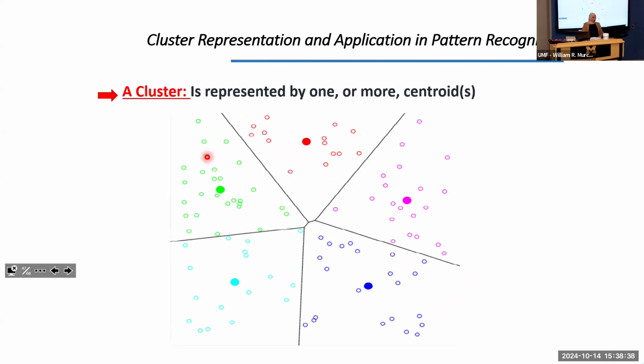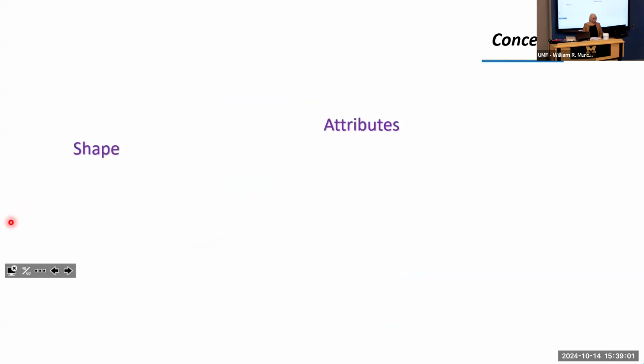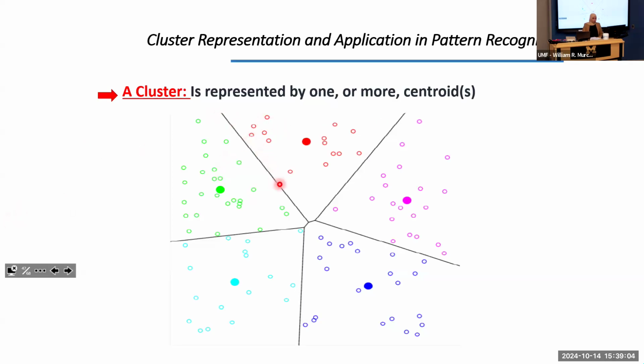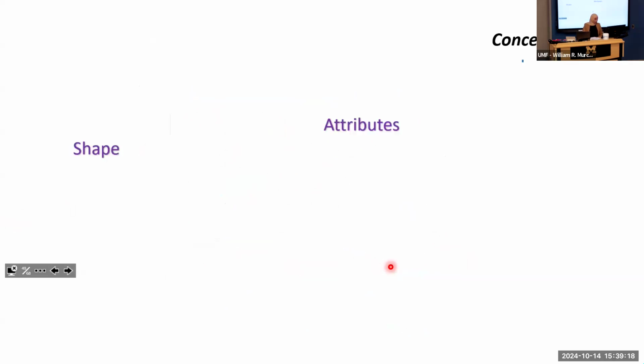Okay, this is another example. Here, how many clusters can you see? 5. And how many centroids per cluster? Each one is represented by only one centroid, and it's very simple, okay? So here also, we are dividing the space into 5 regions. And to divide into 5, we are not using a linear function, okay? It's non-linear. This is what I want to say.